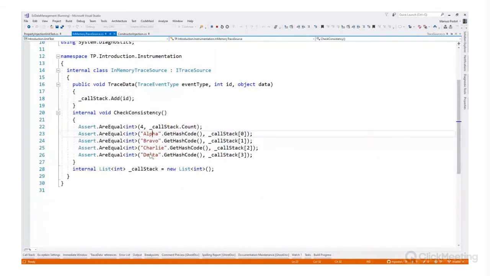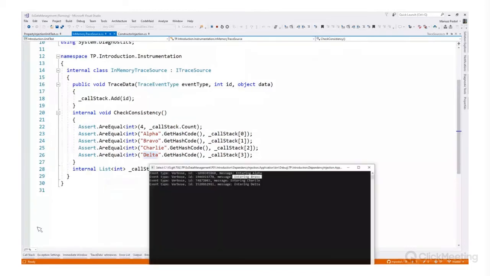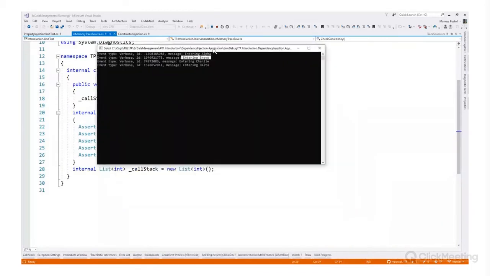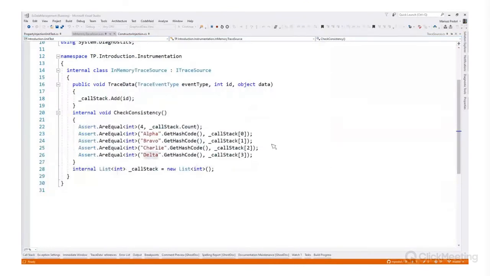Second, Bravo, Charlie, and Delta. The same we can find on the screen here: Alpha, Bravo, Charlie, Delta. So we know now that the name is the name of the method. We try to provide the name of the method, but here is one implementation, and previously